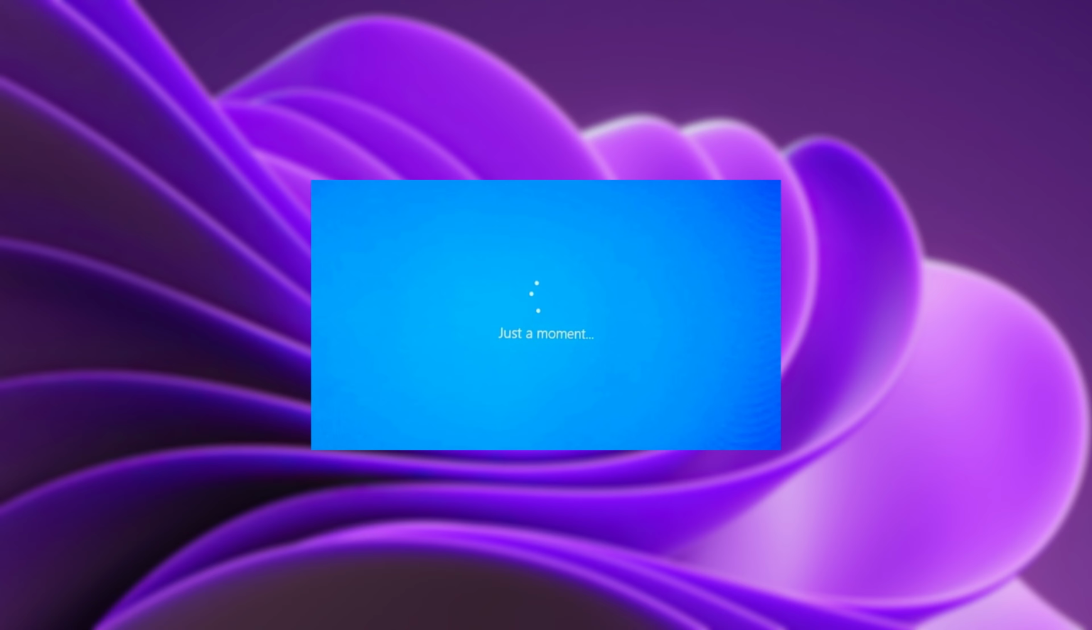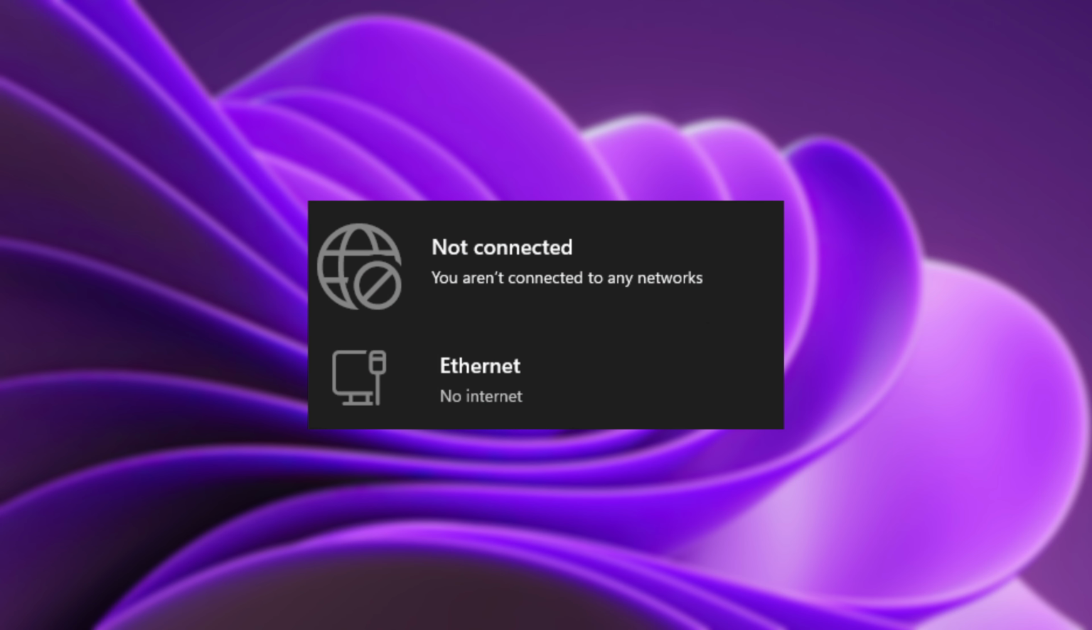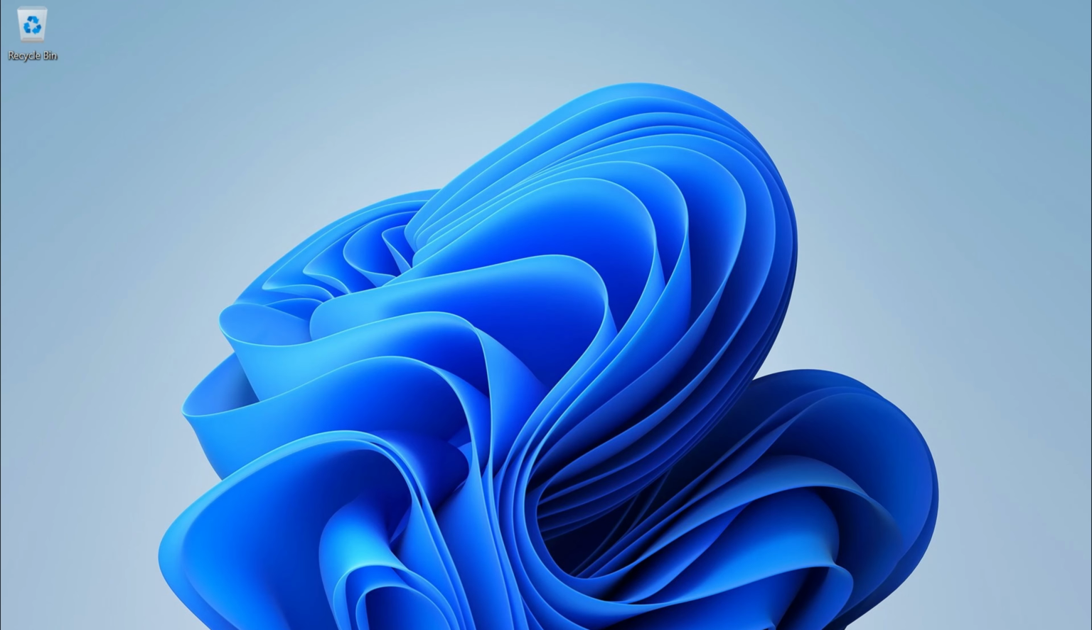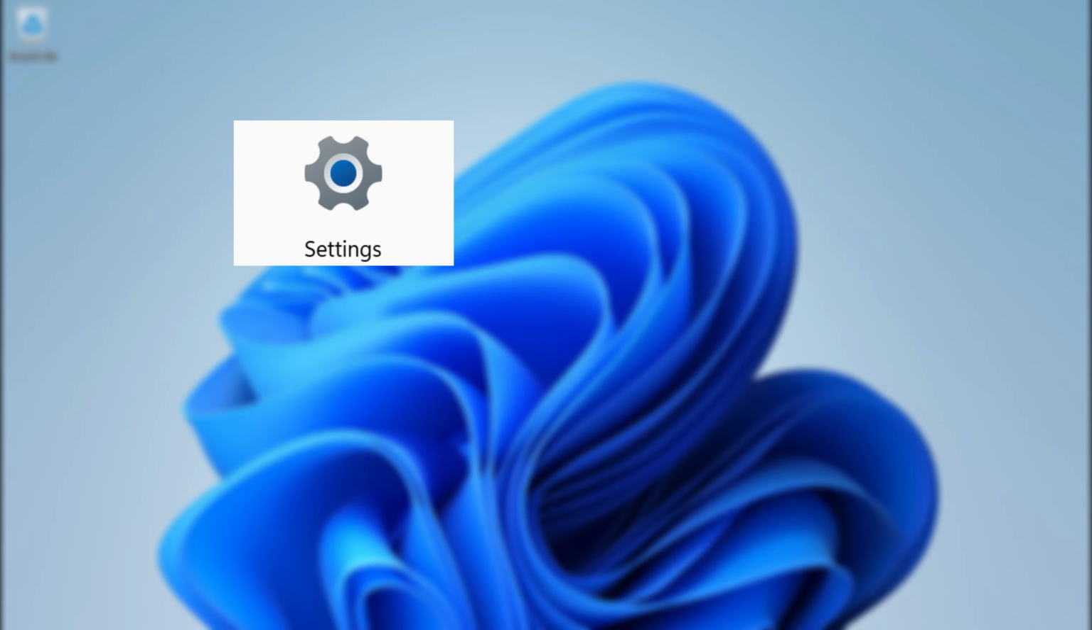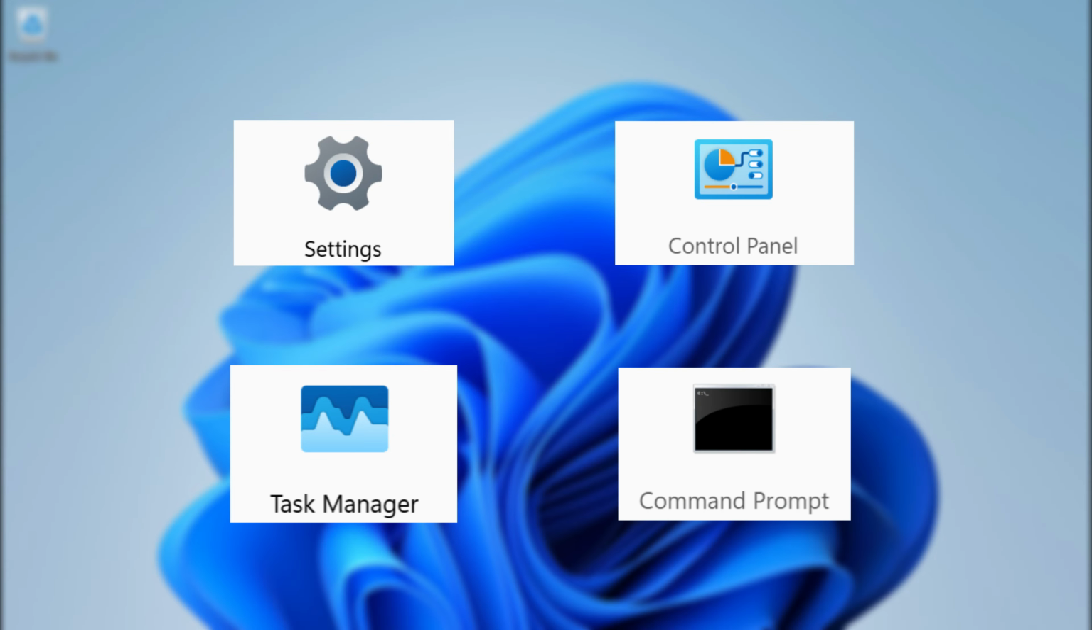Is your Windows PC running out of storage? Is it suddenly acting strangely, taking too long to start, or becoming unresponsive? Maybe your internet connection is not working properly, or perhaps Windows 11 simply feels cluttered and harder to use than it should. Normally, fixing these problems means jumping between Windows settings, Control Panel, Task Manager, Command Prompt, and several other